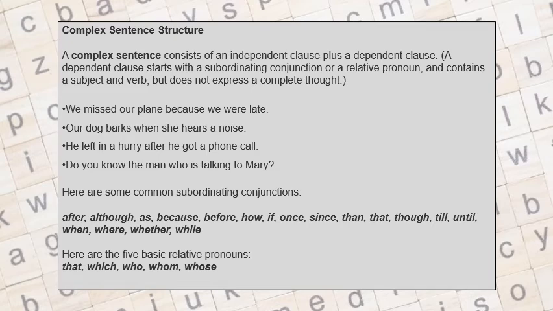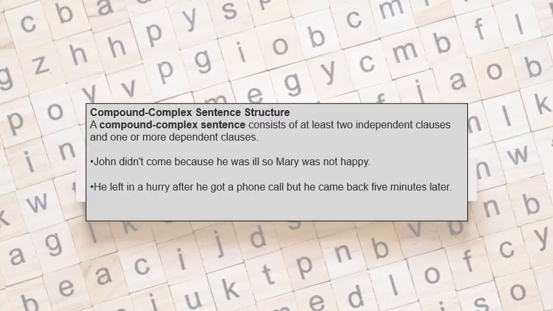For example, we can make a complex sentence with a relative pronoun also. For example, we can say, this is the lady who lives in our apartment. This is the lady is the main clause or independent clause. Who lives in the apartment is the dependent clause. It is combined using the relative pronoun who. Okay, so using the relative pronouns also we can combine an independent clause and a dependent clause.